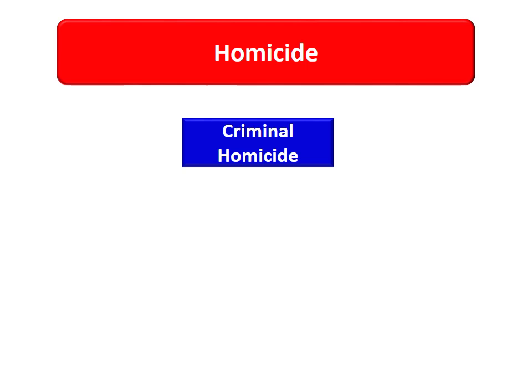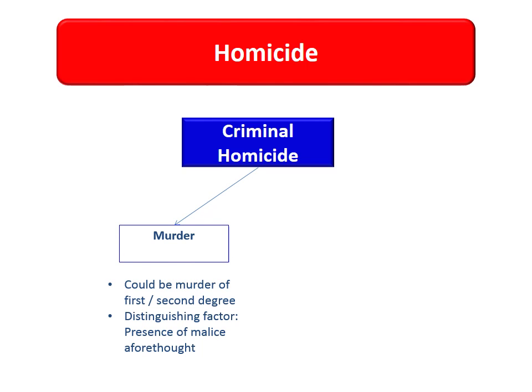From a legal standpoint, criminal homicide is divided into two main categories. The first is murder. Murder, in a sense, can then be divided into either first or second degree murder. The definition of first degree murder is homicide that is vicious, deliberate, premeditated, and willful, whereas the definition of second-degree murder is murder that is intentional and unlawful, but without the malice and premeditation required for first-degree murder.